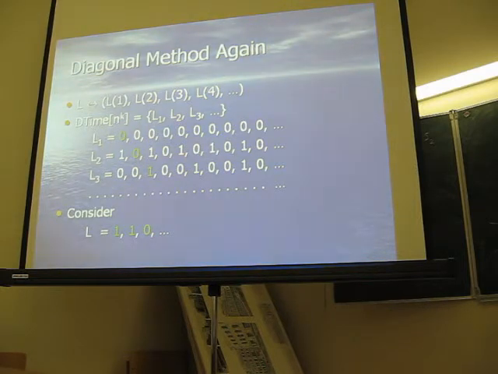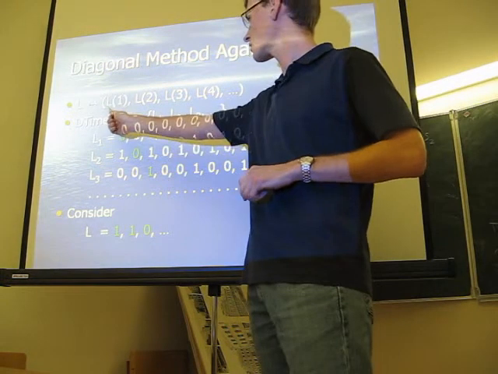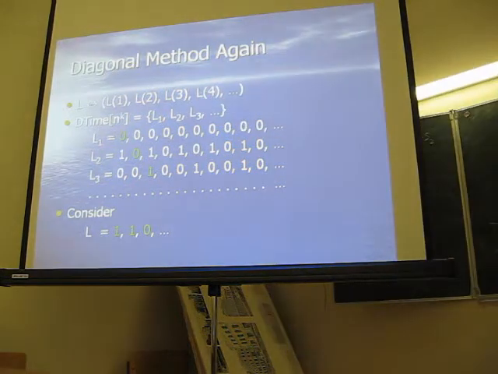First of all, let us learn how to write down a language. Consider a characteristic function of a language L. This function receives arguments in the set of all finite strings, but alternatively we may think that it receives arguments from natural numbers. So we take language L and just consider its predicate function and write down its value on 1, on 2, on 3, on 4, and so on.